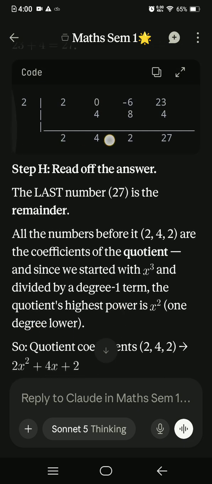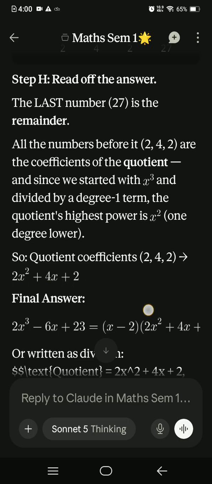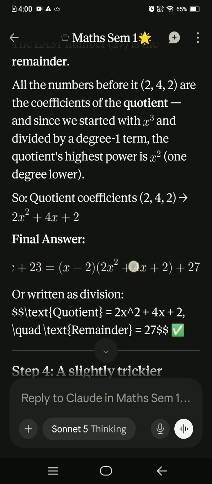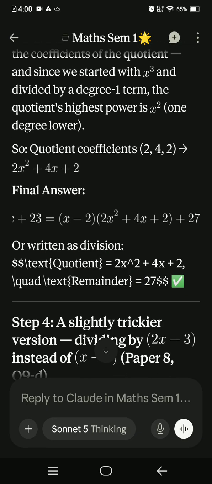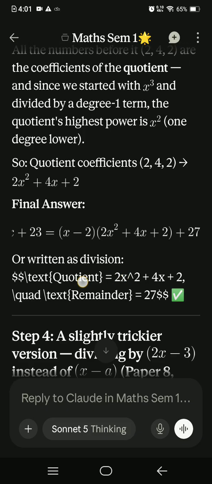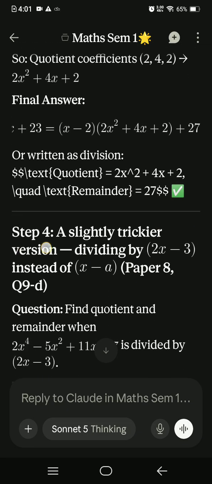So with these coefficients we can form this polynomial of degree 2. The final answer: dividend equals divisor times quotient plus remainder. This is the quotient, this is the remainder. Anyways,